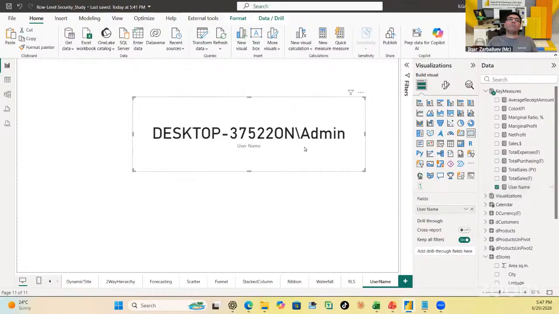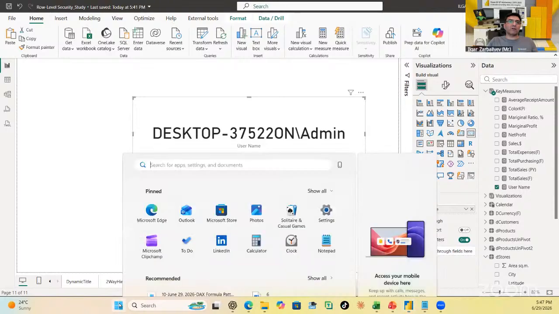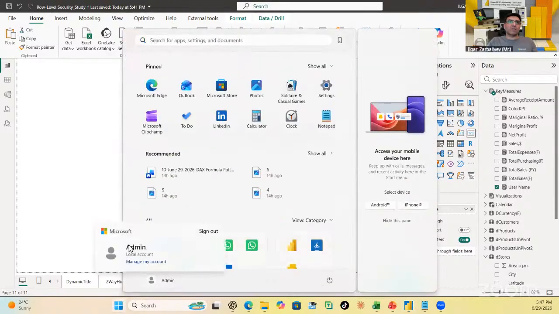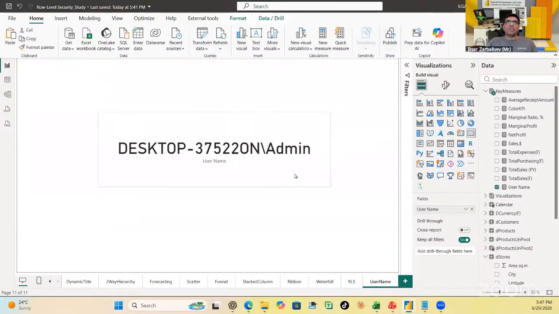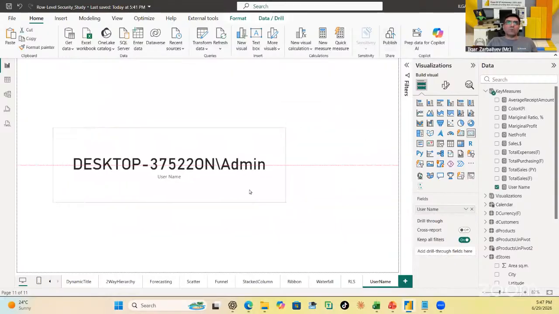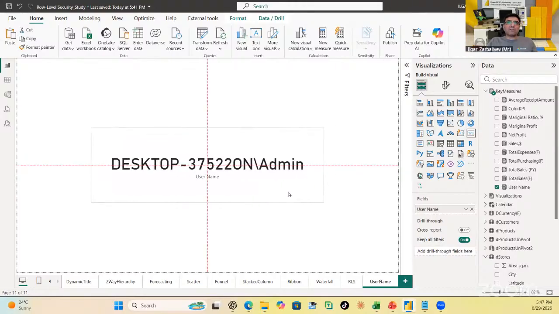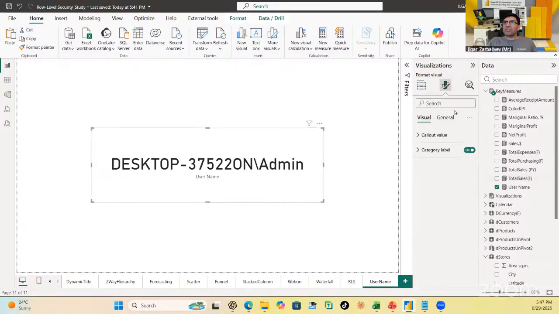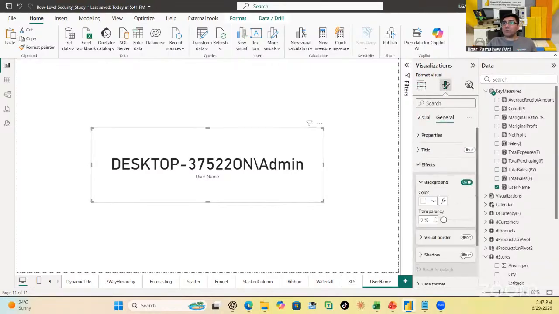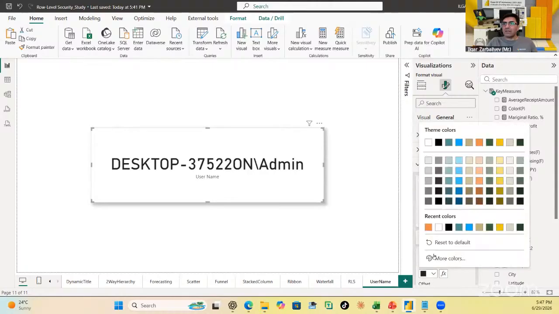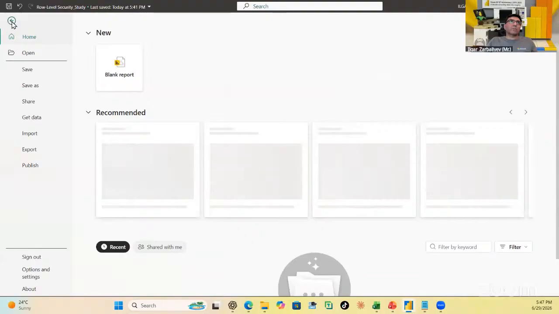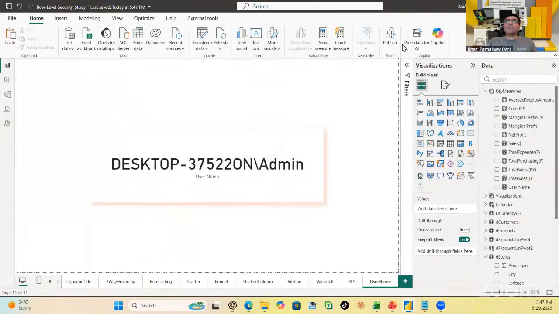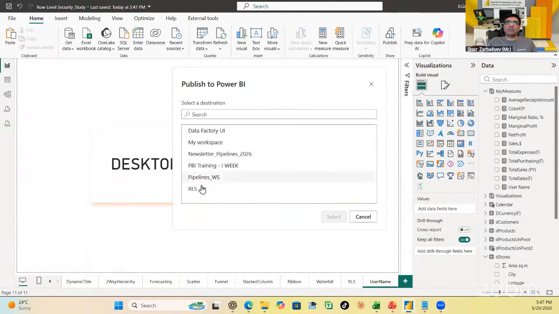So this is the name of my computer that I'm using, right? So this is my name that I'm using, okay? So let's give a shadow here. I love shadows, by the way. It's good. Now I say save,